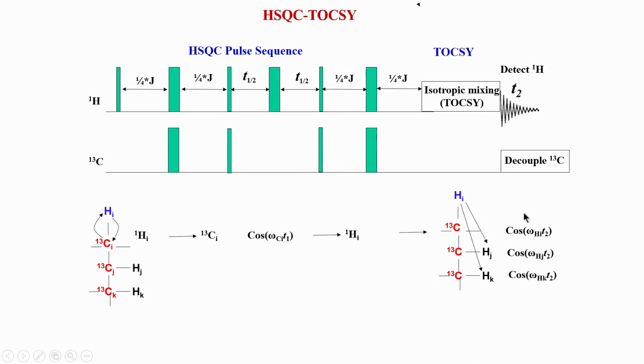But what additional information we have obtained because of the TOCSY is that we are now correlating CI also with HJ. You see this is not a direct coupling, because that was 2 bonds away. This carbon CI is actually 2 bonds away. I remember I told you in the HSQC we do not tune the coupling to 2 bonds, we tune the coupling only to 1 bond, carbon and proton.